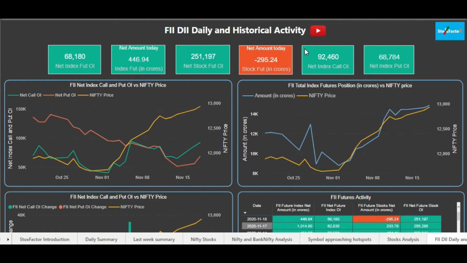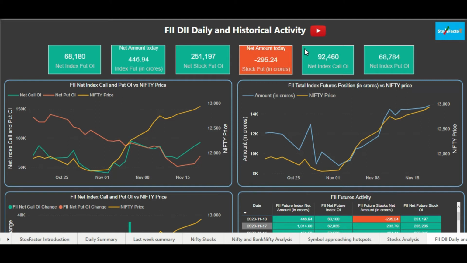There are 3 indices which are tradable, as you know, that is the Nifty, Bank Nifty and the Nifty IT. So combining all the future positions of the indices, whether they have created long positions or short positions on a net basis. You can see that the card is green in color, so it means in a nutshell they have made long positions on the index. Then comes the net amount. Whatever amount of positions they have opened or purchased today or the last trading day on the index. The first one is the OI and the second one is the net amount they have spent, and since it is green, it means they have made long positions and they have purchased the positions.